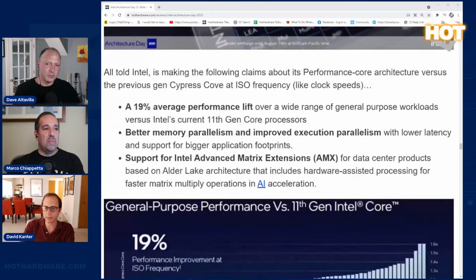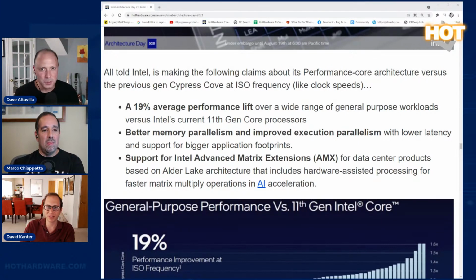I actually wrote this section of our coverage at Hot Hardware, and these are all good points. They keep some of this close to the vest, and I must admit, as we were burning the midnight oil, Marco and I tag teamed this absolute novel of an article because of so much that was disclosed. I was thankful that I got to this point, and I only had a little bit of slideware that said what they tweaked in the architecture a little bit, and then it was okay. Here's our performance claims. Here's how it's better.